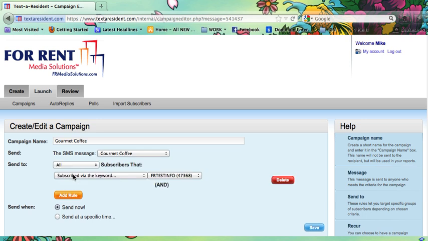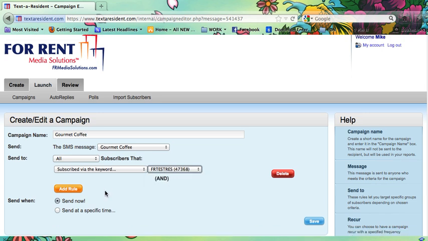For this example, I need to send this to all the people that have subscribed via the keyword FR test resident. Typically our keywords that end in RES are the ones intended for your residents to opt in. Typically our keywords that end in info are the ones slated for your prospects. So I'm going to select the keyword that relates to only my residents, and then the system will know to